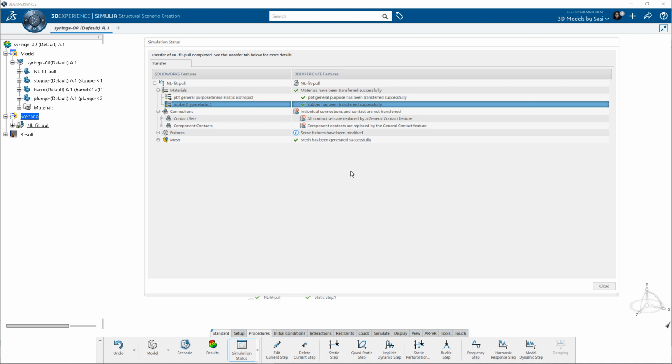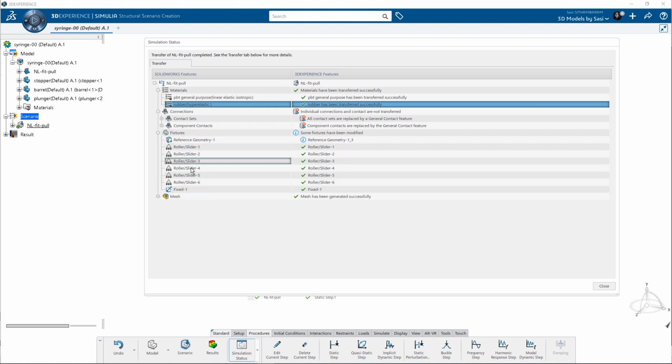So it actually disregards the contact conditions from SolidWorks Simulation and automatically creates the advanced contact conditions in SimuliaWorks, which we'll see in a second here. It has also transferred over all the contact conditions, all the fixtures, and all the roller sliders, with the green check mark. We do have an information icon for the reference geometry, and we'll take a look at why that is here